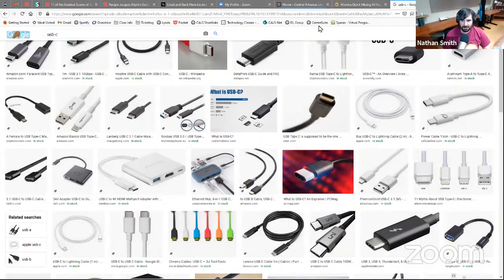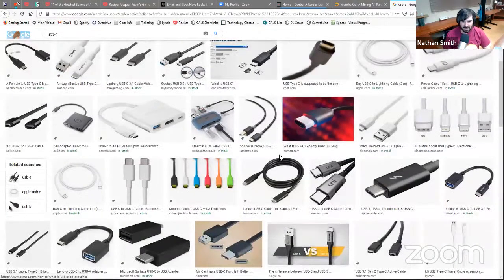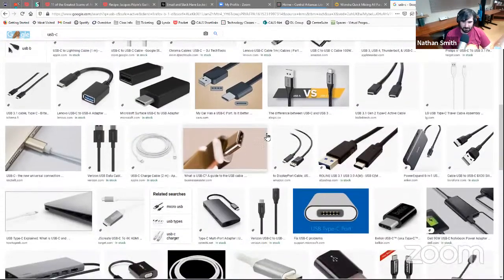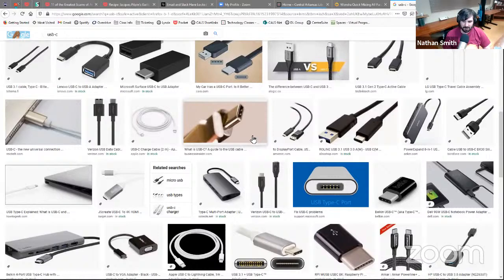So you could plug all of that in with essentially just one cable coming out of your computer, and that's pretty cool. Some laptops even use USB-C for charging, so they don't have a separate charging port. You just plug a USB-C cable into one end and a little charger into the other end, kind of like you would with a phone.